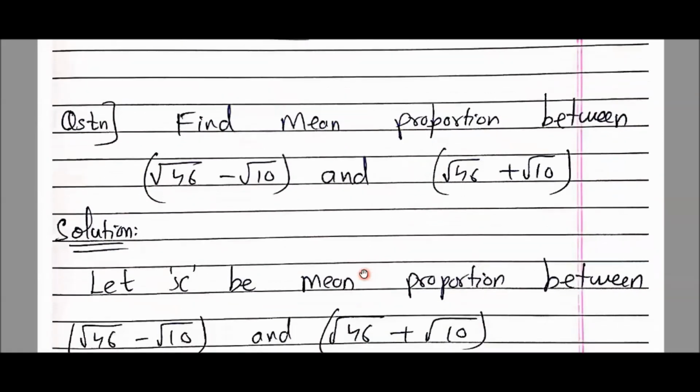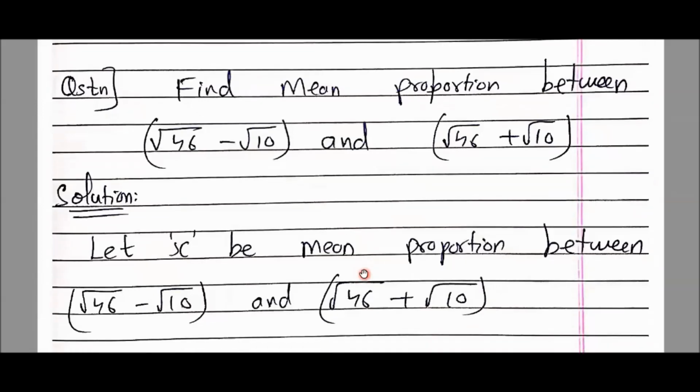Next question, students, in front of you. This question is from the textbook. Find mean proportion between these two numbers. See why I selected the sum. First of all, इसमें root है, and many of us have phobia with the roots or they are big numbers. Find the mean proportion. Mean proportion मतलब the number which comes in middle. Okay, between these two numbers.